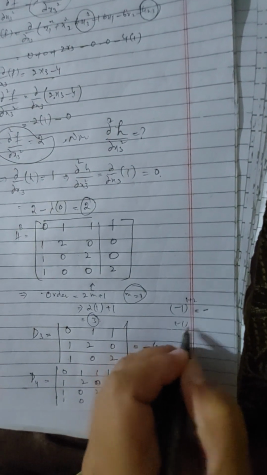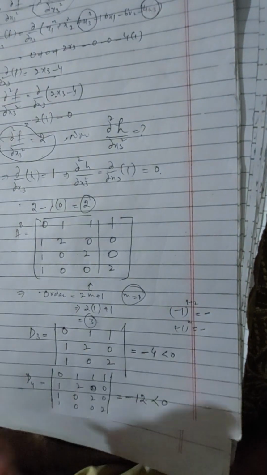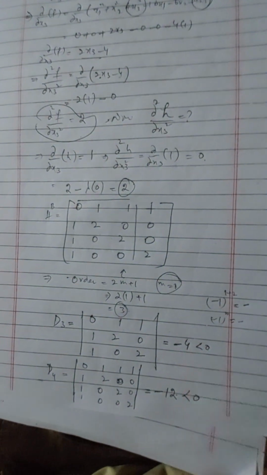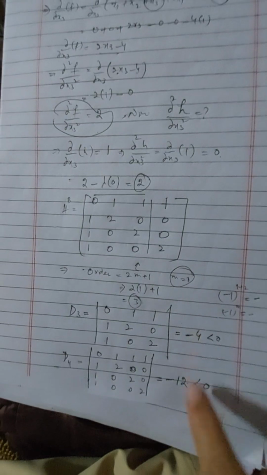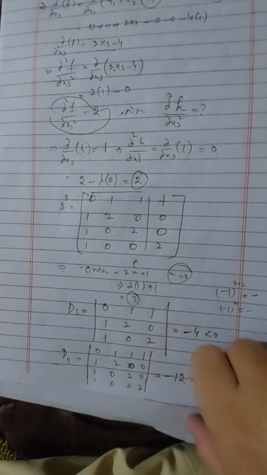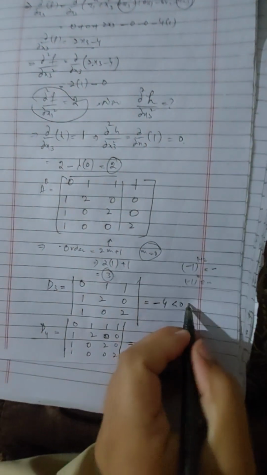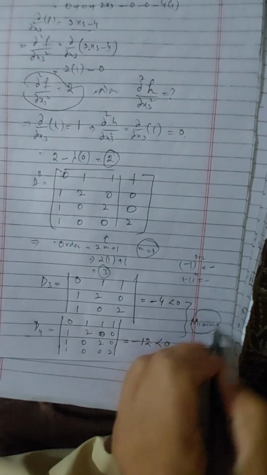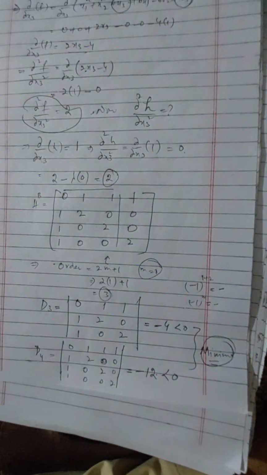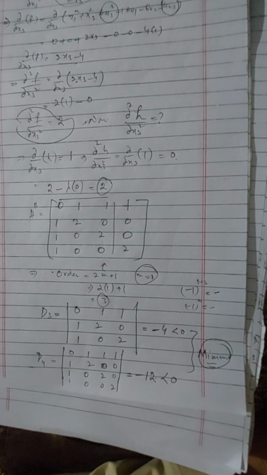And minus 1 raised to the power m is also negative. So it does not have any alternating sign. This is negative and this is also negative. So it means that this is the minima of the function,